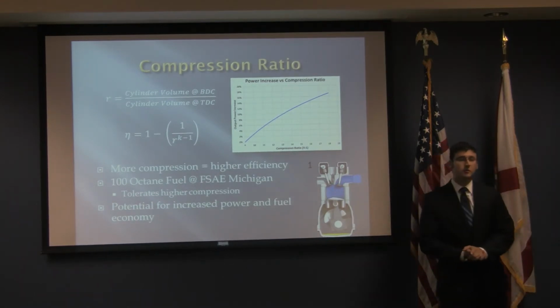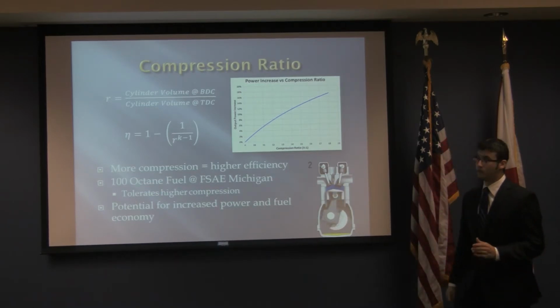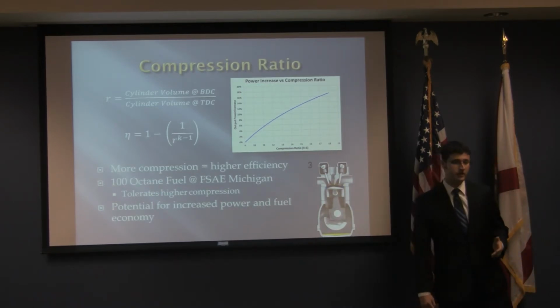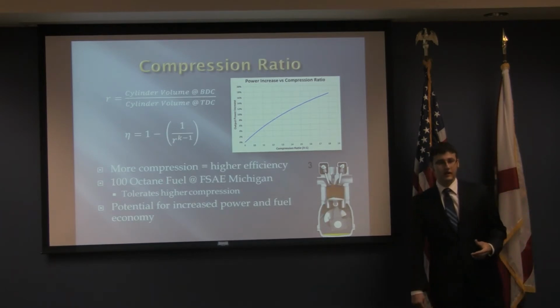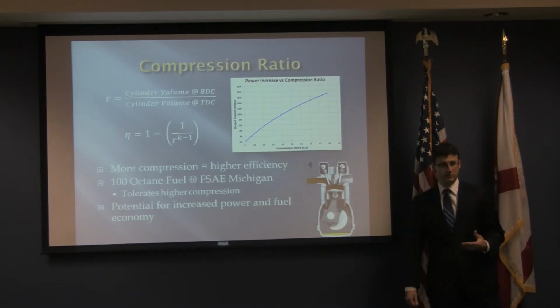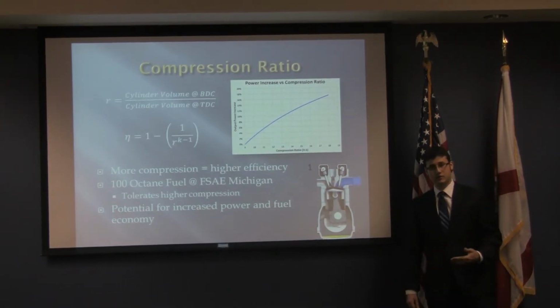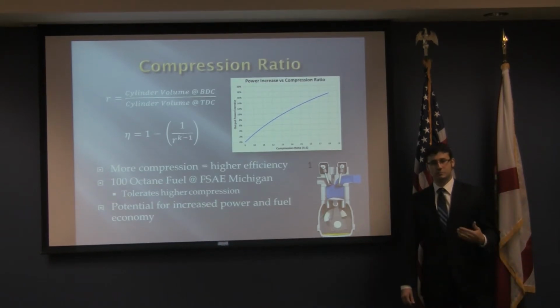Now, our project is focused around the compression ratio of our engine. The compression ratio of an engine is the volume of one of the cylinders at the bottom dead center divided by the volume of the cylinder at the top dead center portion of the stroke. It is important because the compression ratio of an Otto cycle engine is fundamentally related to its thermodynamic efficiency. The higher your compression ratio, the higher your efficiency, and the more of your fuel becomes power and the less